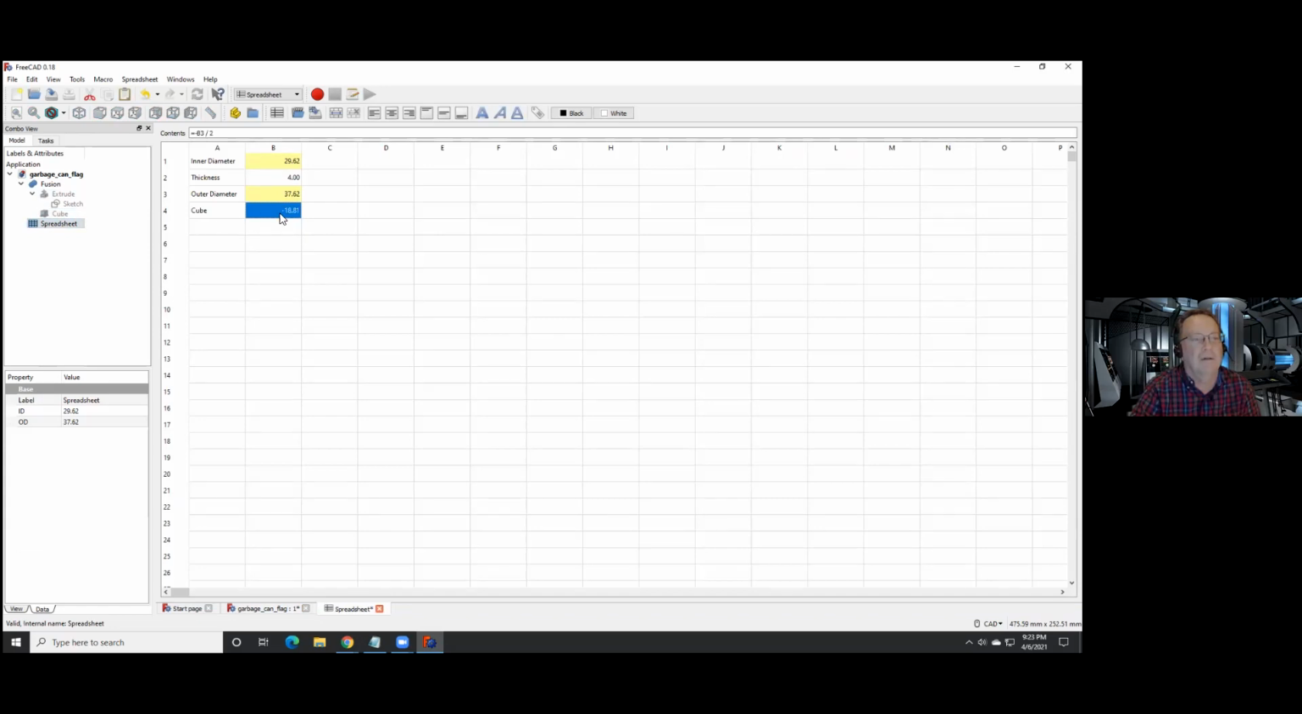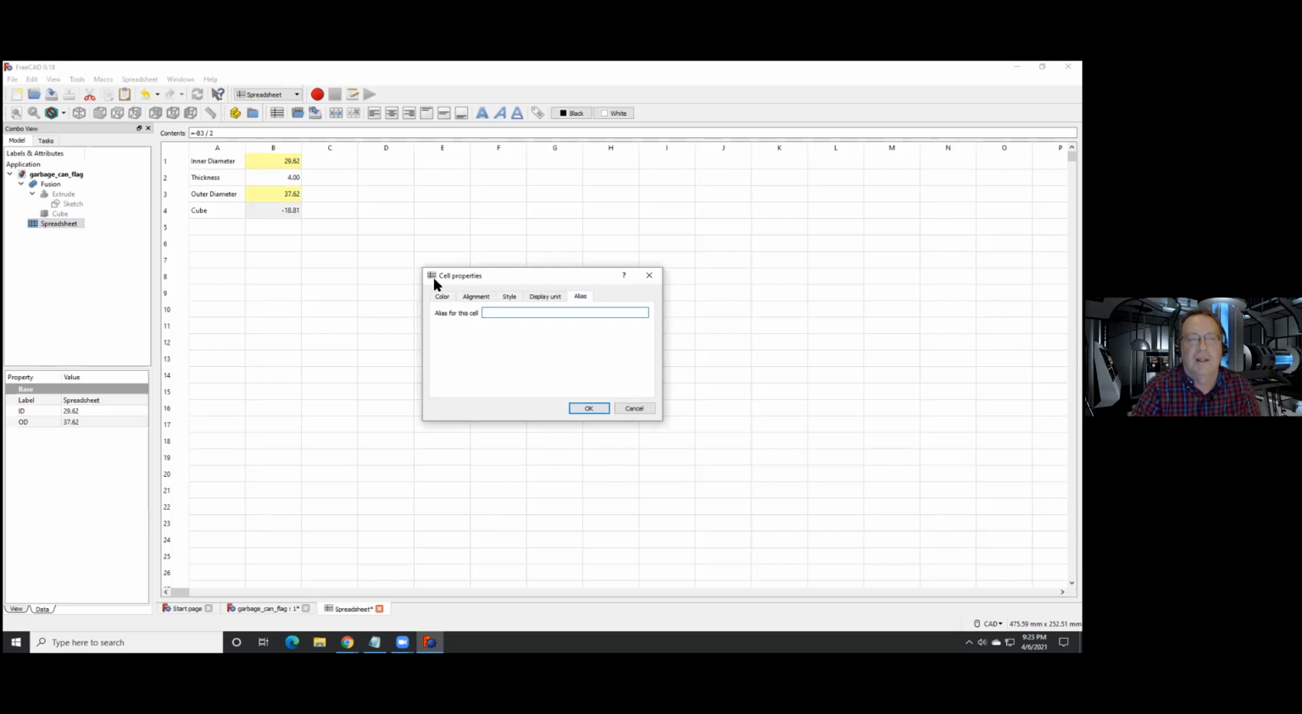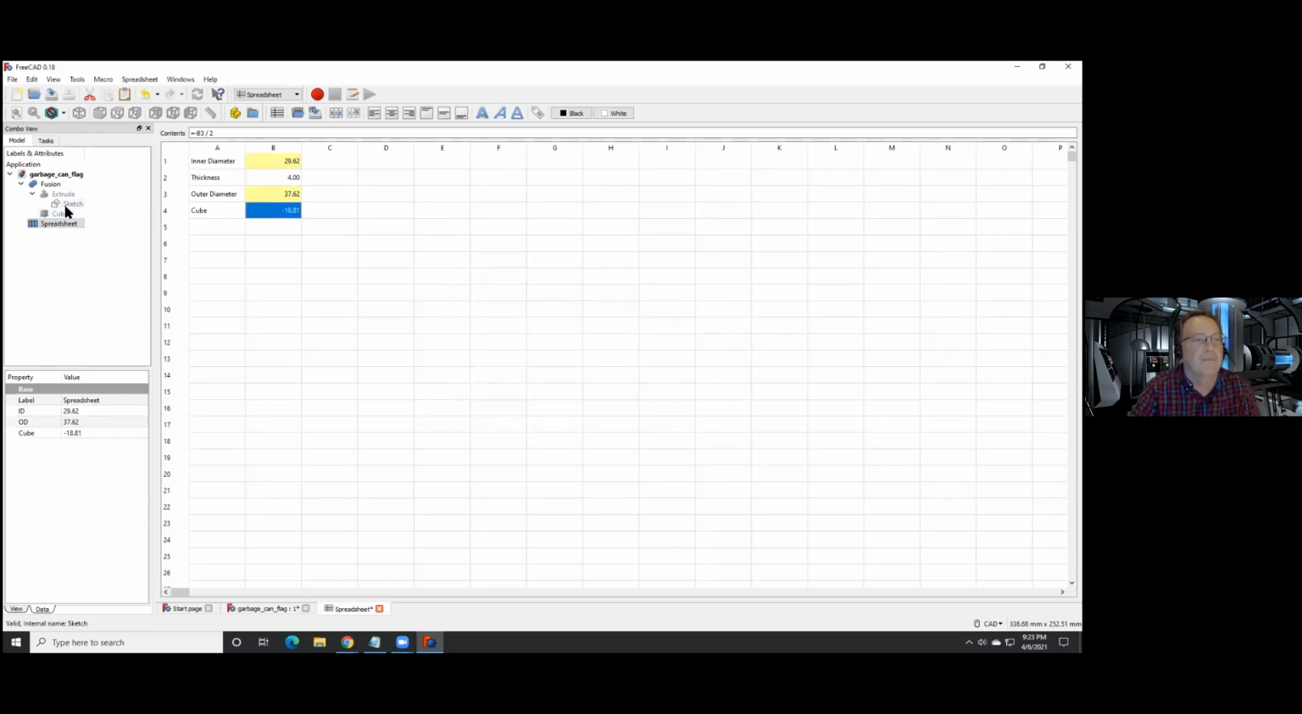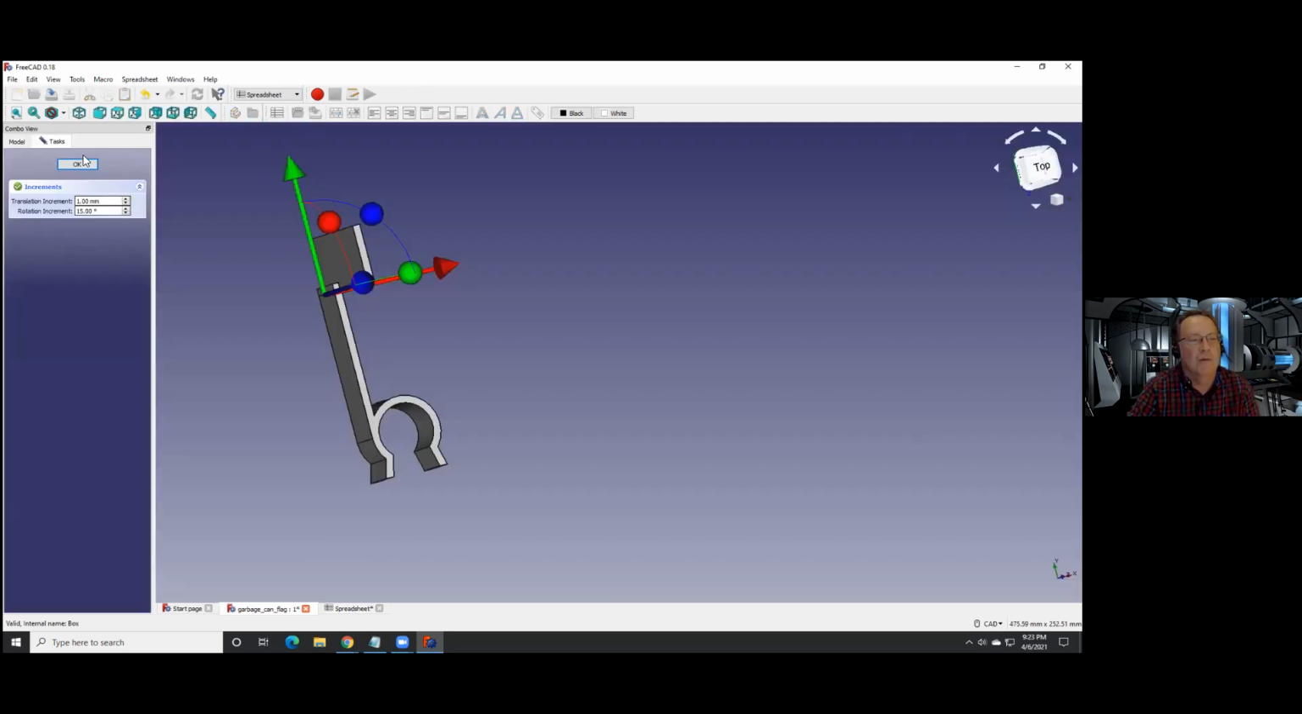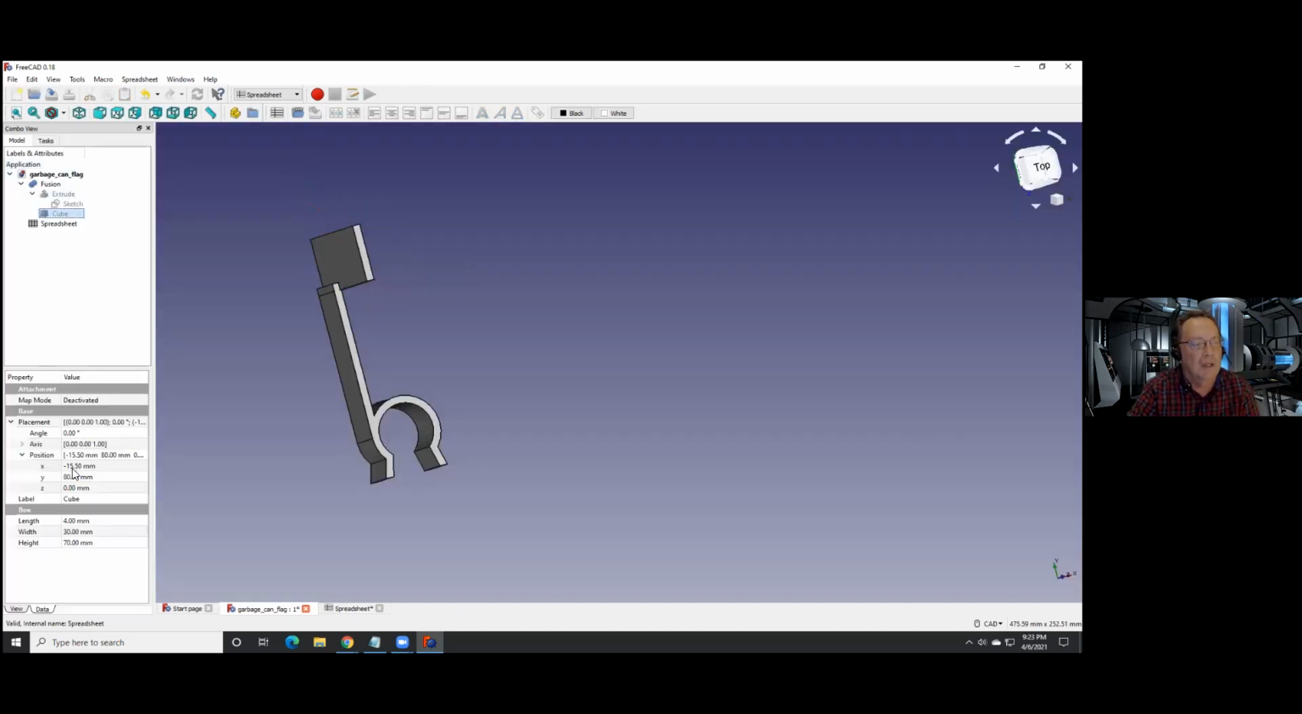I forgot something. I forgot my own instructions. I should have given that an alias so that I can refer to that by name. I'll just call it cube. And now I can go to the placement of my cube. And instead of making it 15.5, I'm going to pull in a value from my spreadsheet. And I'll make that the cube offset, and put that in. And now once I get things to redraw, my cube is exactly lined up